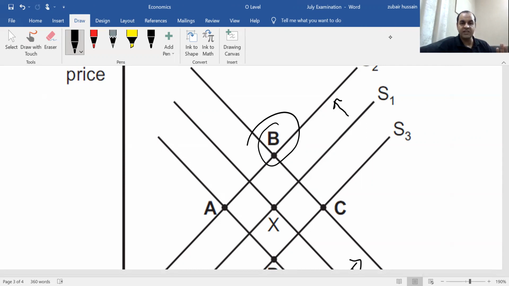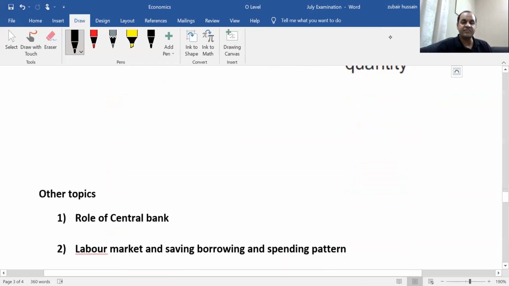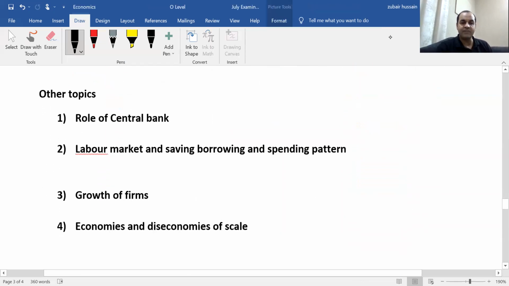Students, when there is an increase in the cost of production of the firms, the supply curve will shift leftward, which shows a decrease in supply. And when there is a successful increase in advertisement, the demand curve will move rightward, which shows an increase in demand. So both curves will intersect at point B, and this will be the new equilibrium. There is basically a shift of both the supply curve and the demand curve.